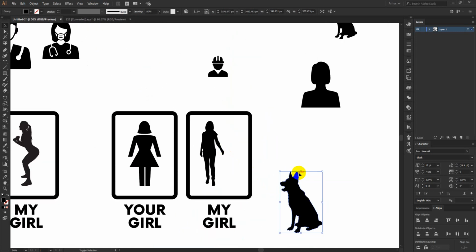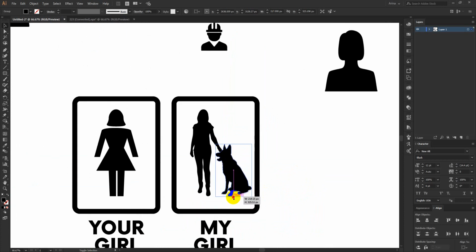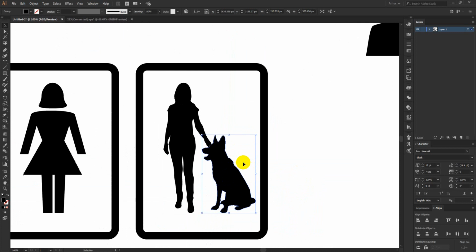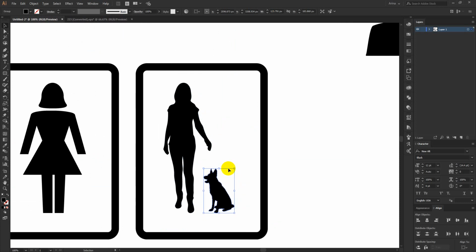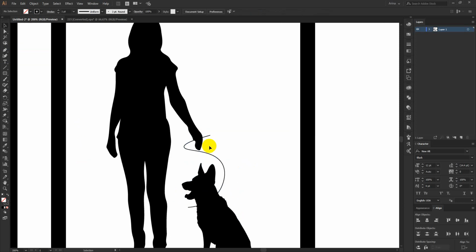I can just simply place it somewhere like maybe this, but that dog is looking bigger than normal, so I need to fix these proportions, like the height of this woman here and then the dog according to her height. So something like this maybe, or maybe a bit bigger, as I must make it big enough to look good after printing. So if I just take my curvature tool here to make something like this, just to represent that she is holding a rope or something, a kind of dog leash,